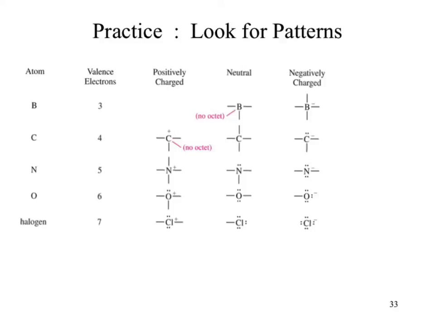Boron's a weird exception, largely because of that lack of an octet, and we'll come back to boron a couple times throughout the semester. Carbon, when it is positively charged, has 3 bonds. Nitrogen, 4 bonds. Oxygen, 3 bonds. Chlorine, 2 bonds. So recognizing those patterns and seeing when the charges show up, what their bond characteristics are, what the lone pairs are, having that memorized can now shortcut all of that Lewis structure stuff that you're messing with